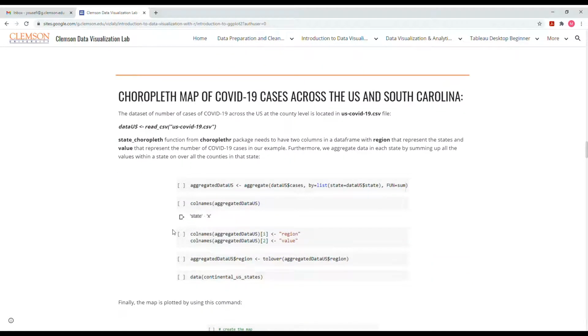Choropleth map of COVID-19 cases across the US and South Carolina. The dataset of number of cases of COVID-19 across the US at the county level is located in the US COVID-19.csv file. So we read that file again with the read CSV function from our library. The state choropleth function from the choroplethr R package needs to have two columns in a data frame, with region that